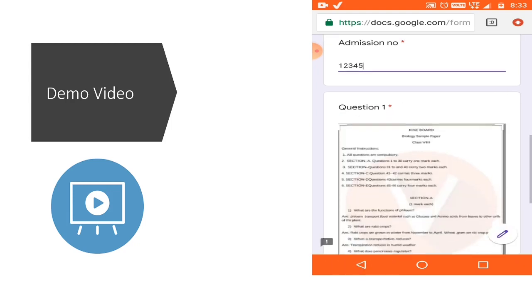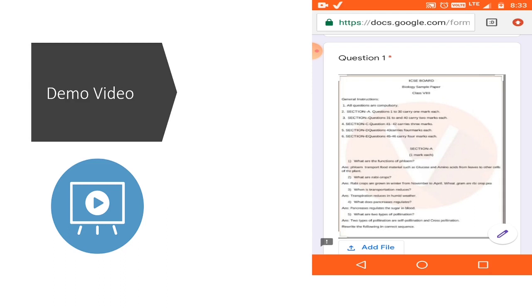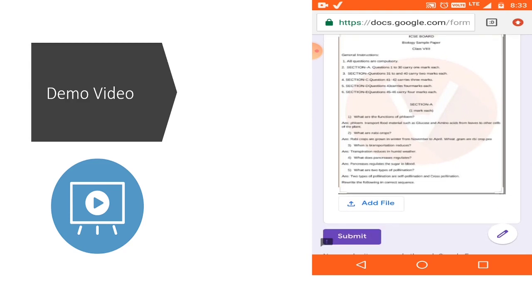As you will proceed, you will see a question paper attached in the Google form. Read the question paper carefully and start answering the questions on the answer sheets which you have prepared. Once you have completed your paper, take a picture of your answer sheet and make a PDF of that.